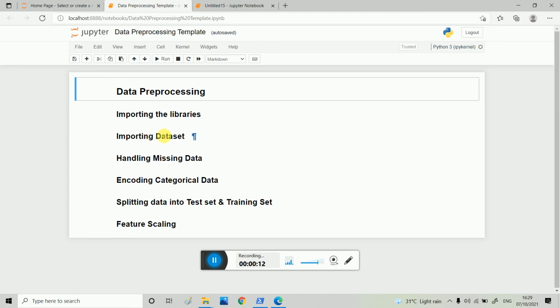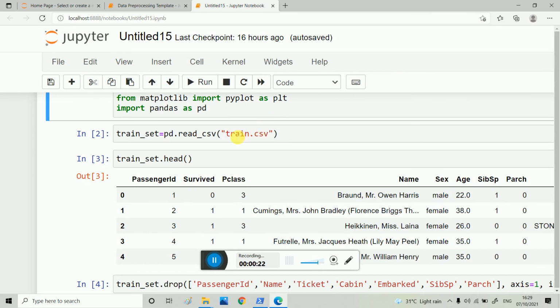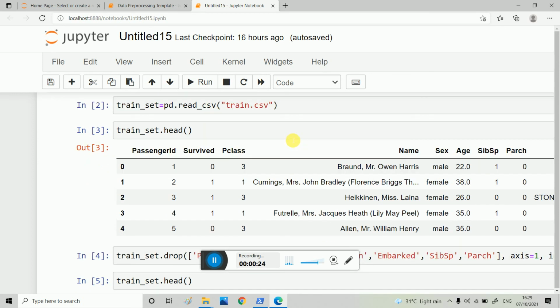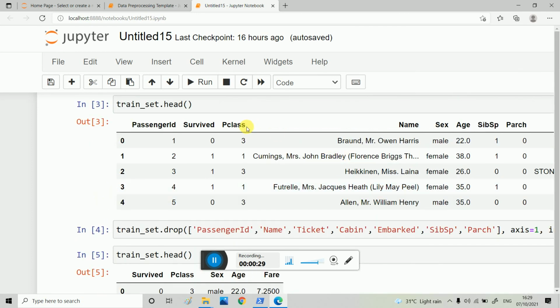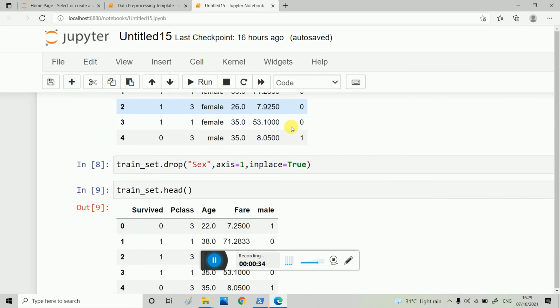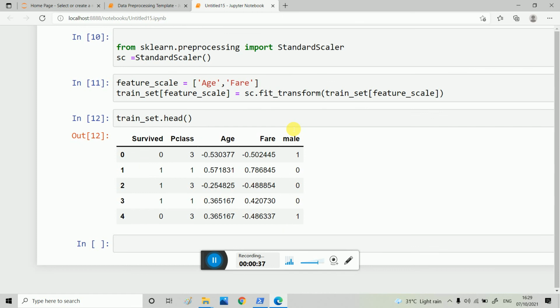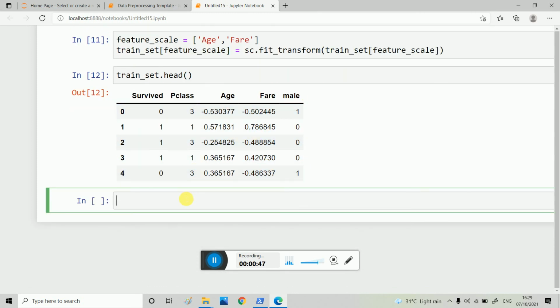I have completed most of the data pre-processing part, and I also covered the libraries NumPy, Pandas, and Matplotlib. Firstly, I imported all the libraries. Then I imported the train.csv file, and I deleted the columns which are irrelevant to the Survived column. After that, I used feature scaling for the Age and Fare columns because this data is very big, and we don't want the data to lie outside -3 to 3, so that's why we used feature scaling. Now, how do we split the data frame?